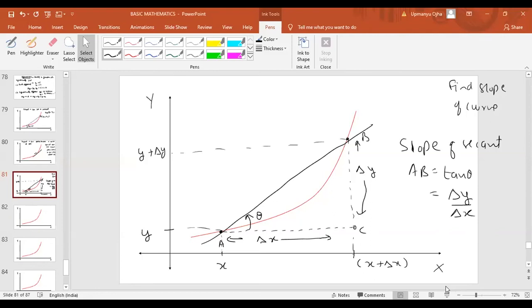So in the last class, we were discussing the slope of the secant. We have taken 2 points on the graph, and the line joining these 2 points is known as the secant. And how to find the slope of that secant? To find the slope of the secant, we have to draw the triangle here. Now, if we draw the triangle here, we'll get tan theta is equal to delta y by delta x. Now, if you look at this here, if we see,